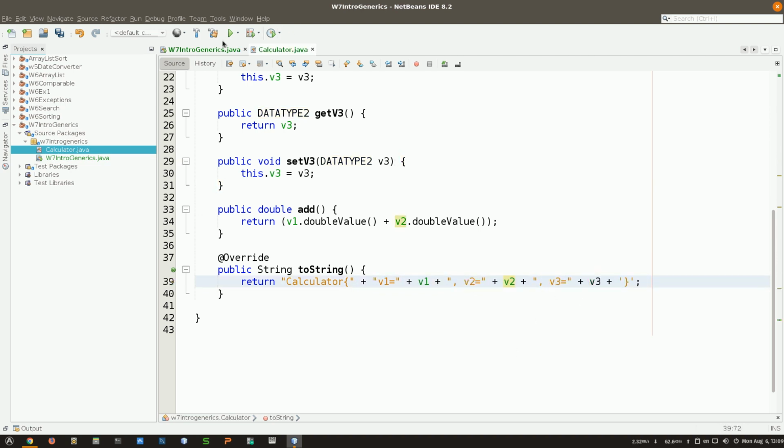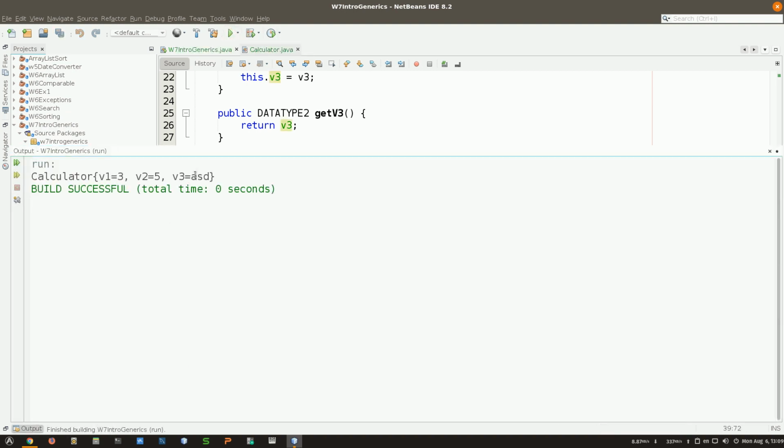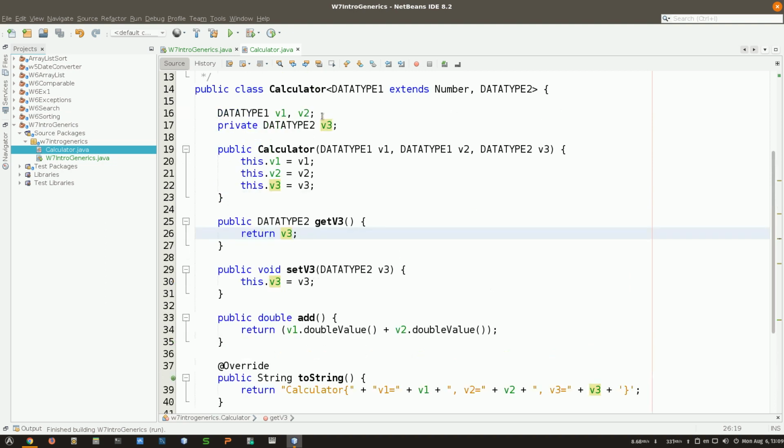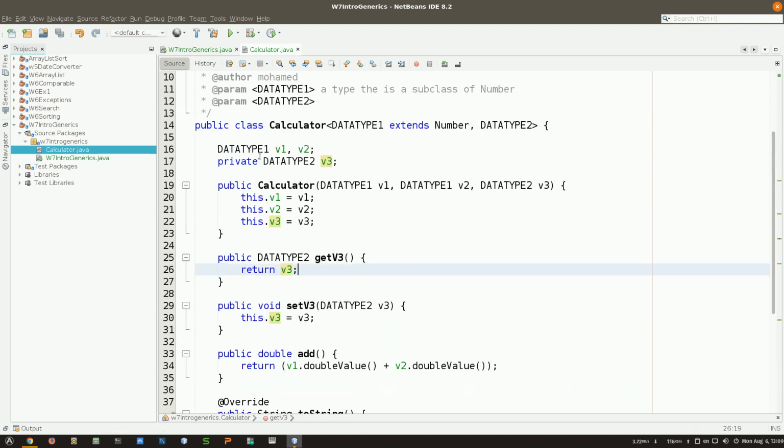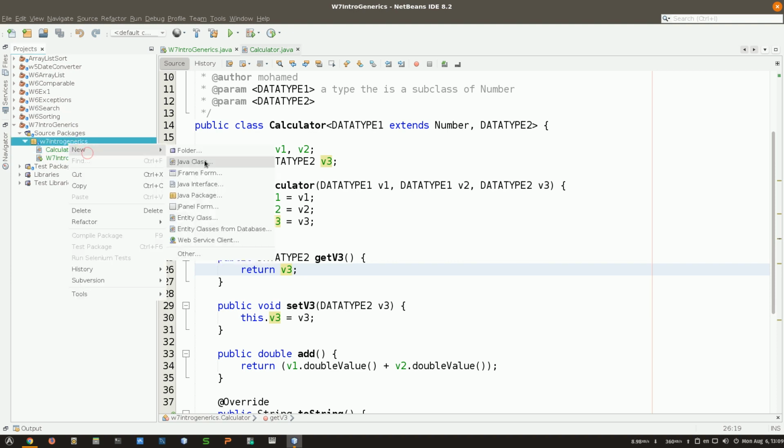So this is going to display the V3, which is this. So whatever, the idea is that if you want to have different data types, you can, and this is one way to do that. Now, what if I'd like to have just one method that is generic? I have a class, and then I can have just the method to be generic. I can have a class generic to have one method to be generic, but I don't want to add more confusion. I'm just going to take another example, just a new generic method,